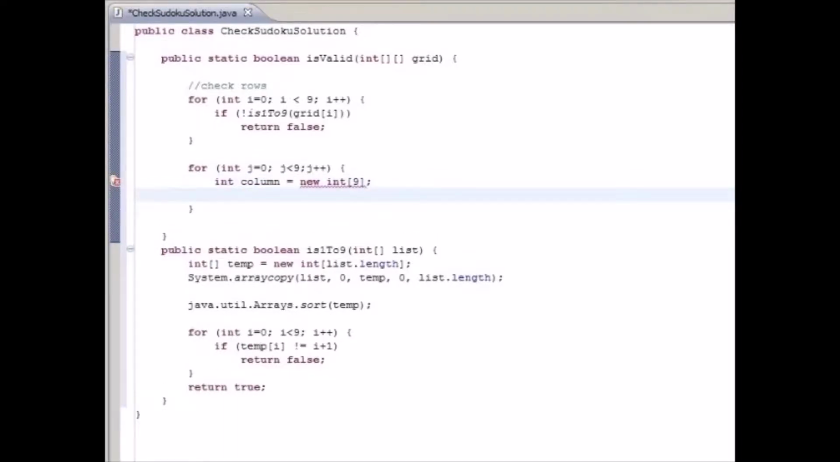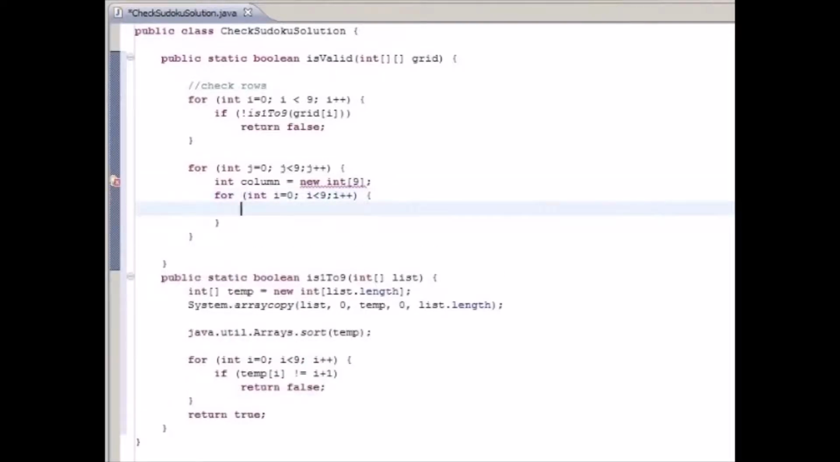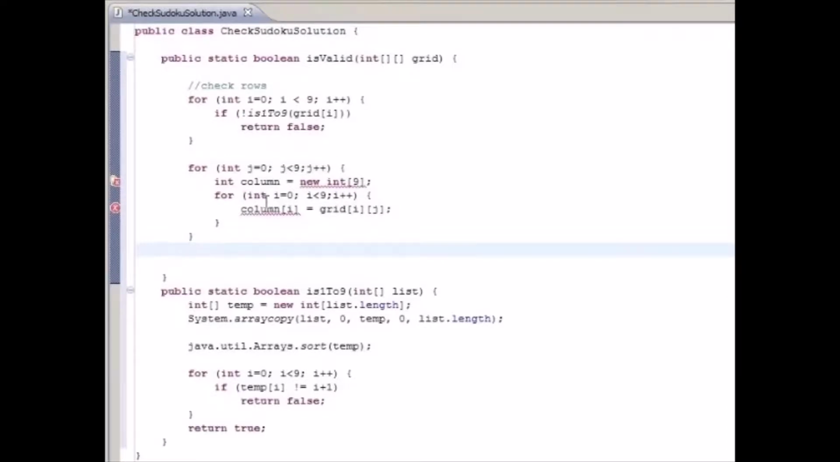Now inside here, we're going to have an inner for loop, for int i equals 0, i less than 9, i plus plus. And what we're going to do here is fill our column array. So column at i equals our grid at i, j. So we're constructing the values from our column and putting that into an array. Now that we've done that, we can check this using a similar condition to what we had above. So if not is1to9,